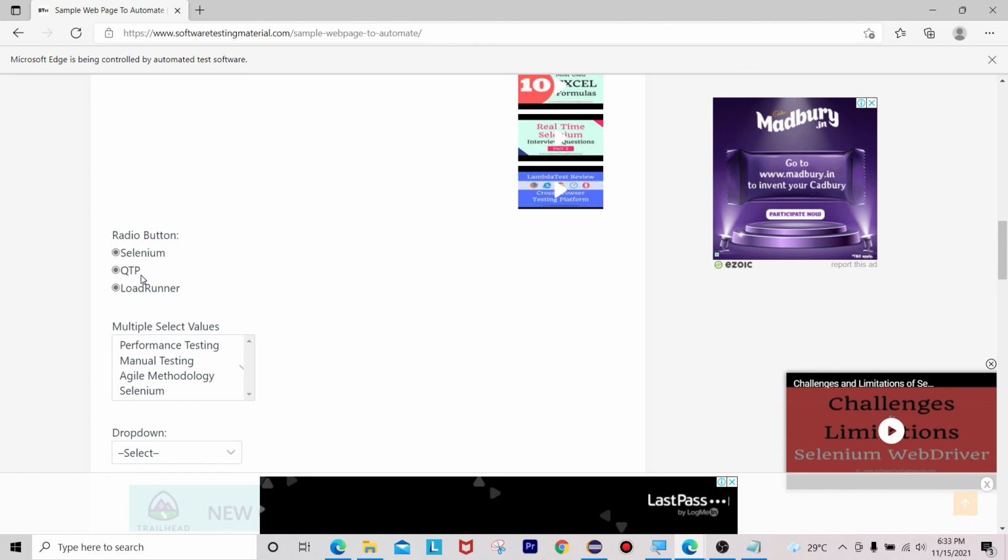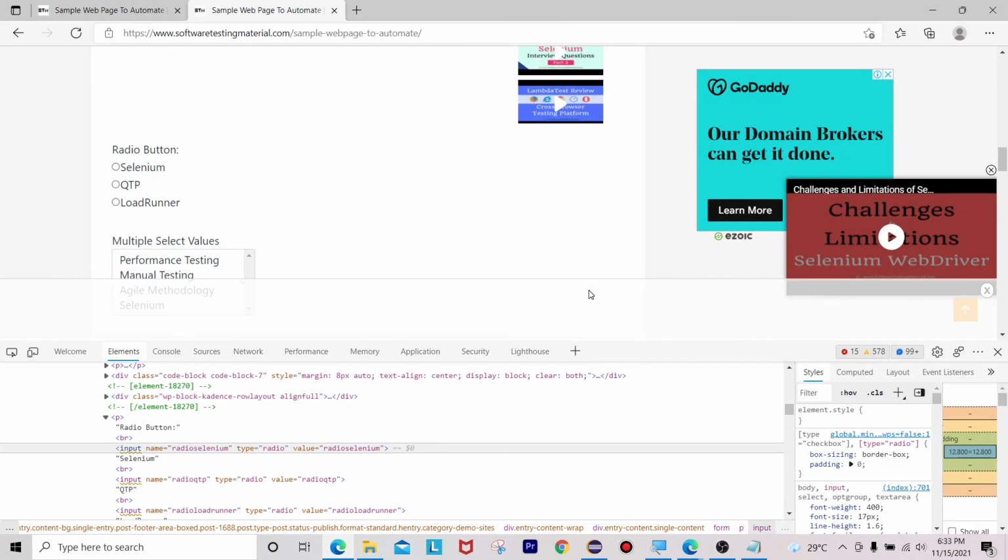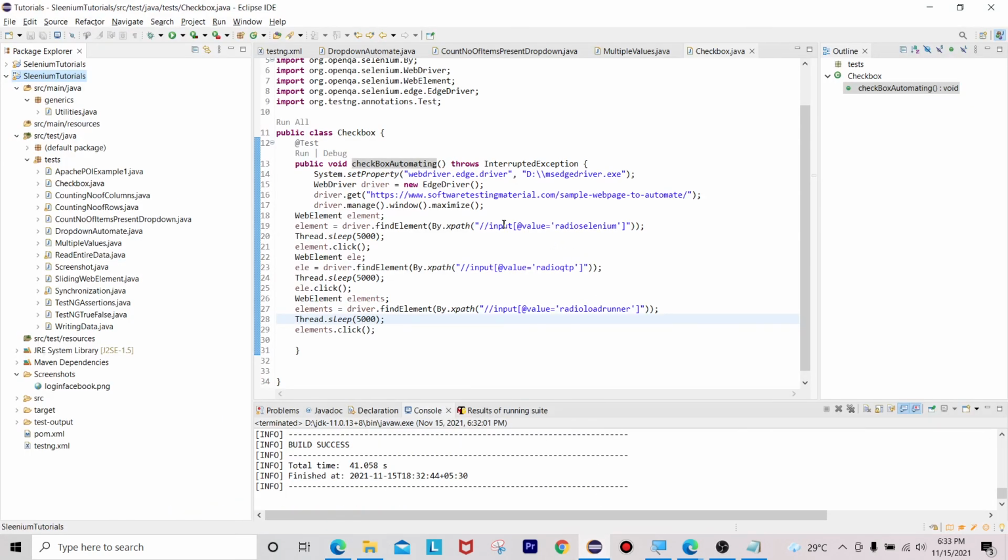Okay, so now I am going to capture all the radio buttons, how many we have inside this UI. I am going to show you how many radio buttons you can have, and capture all of those with the help of the tag name, type equals to radio. Now let me quickly create that.